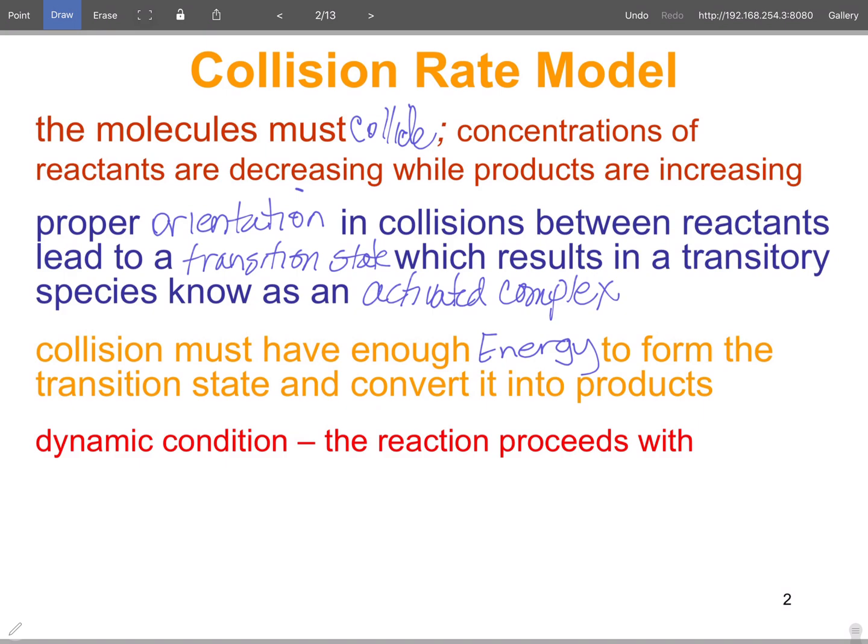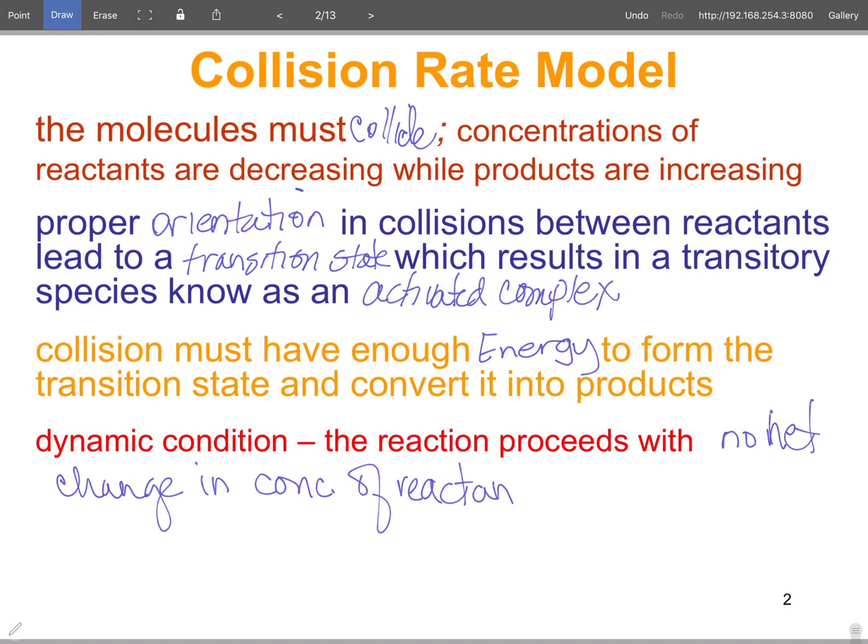This is a dynamic condition. Okay, the reaction proceeds with no net change in concentrations of reactants or products. So, for example, if you have 10 reactants and 4 products, and it's an equilibrium, then as the reaction proceeds, you can maintain 10 reactants and 4 products. They may not be the same molecules because it may be going back and forth, but it is the